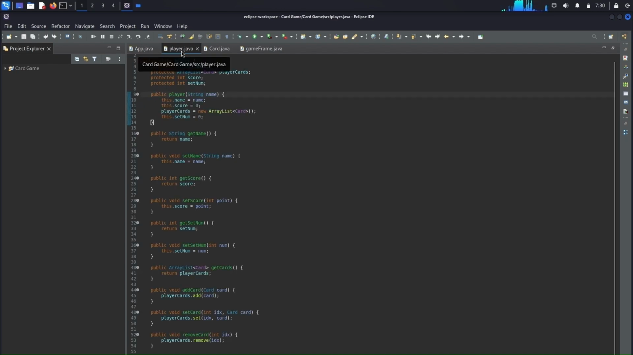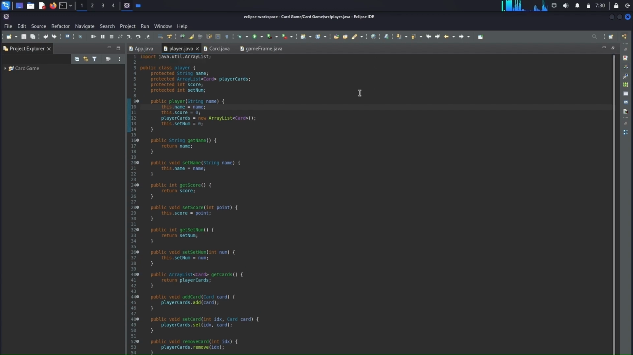Second one is Player.java. Start of player class, string name variable of player, array list that takes card object inside that holds player cards, score for player, number of sets that player win, player constructor that takes name string as parameter,